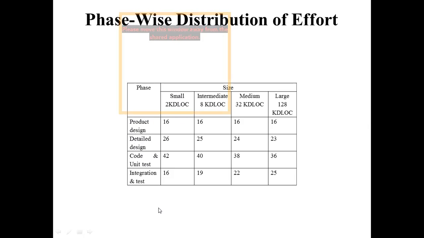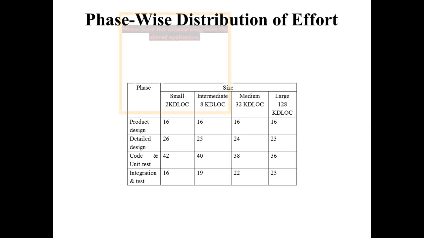Okay, so whenever we calculate phase wise effort for these 4 phases and then do the sum of all the phases, this value will be approximately equal to the final effort.